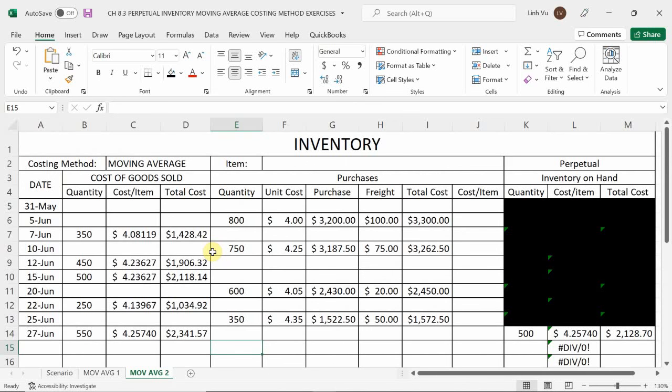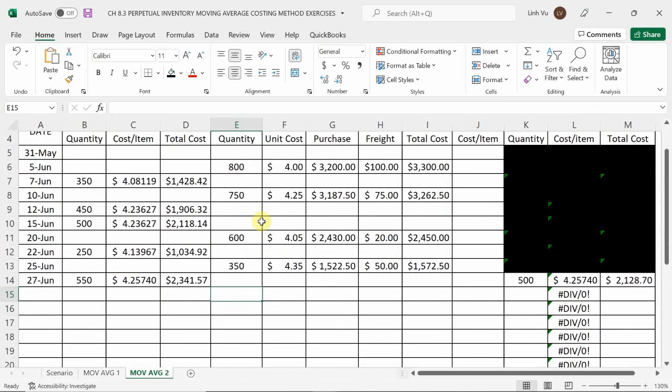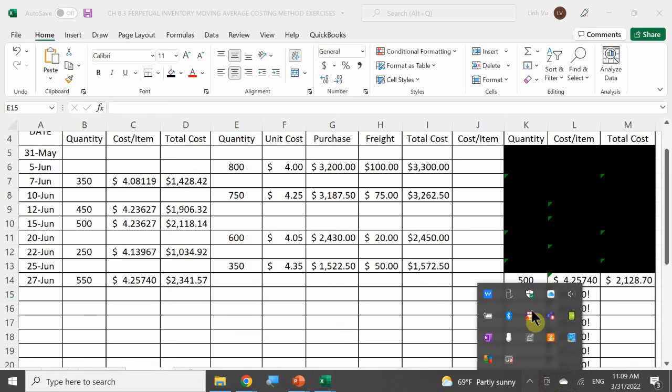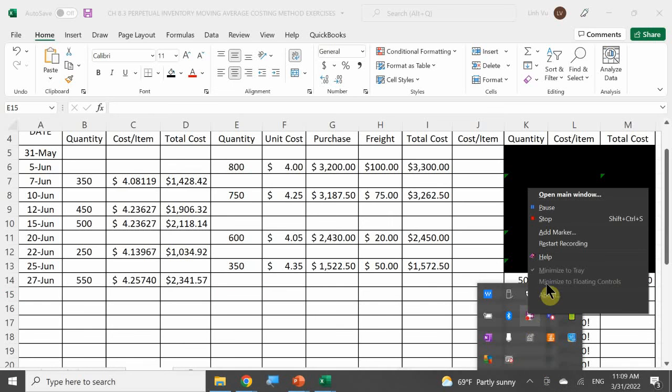If you sell grocery items, maybe you shouldn't use the average costing because you technically can't just average out the price of your bananas, right? It would definitely be FIFO, right? You've got to sell the ones that you bought first. But in this kind of case, when we're looking at a small business, a lot of businesses actually do average costing more often than anything else. So that is it for chapter